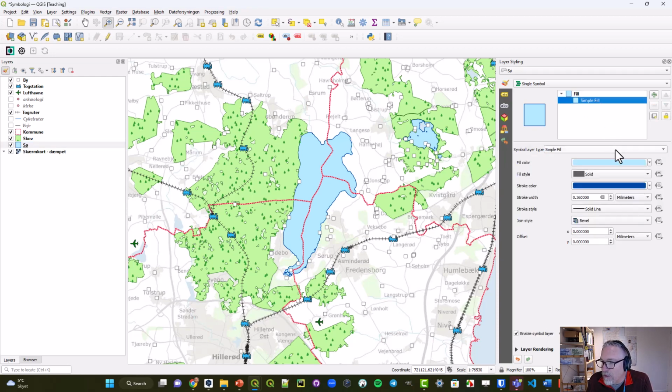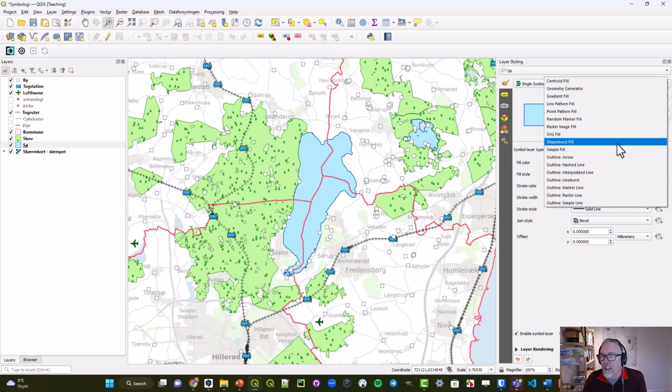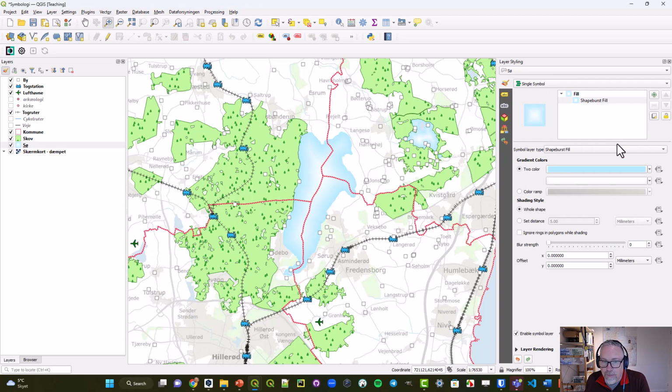With polygons, we also have the option to use shape burst fills. So this could allow me to make a nice faded dark blue to light blue in the lakes and make them appear more lake-like, with showing kind of the depth of water. So if I choose shape burst fill, you see the effect starting to take place. I can do this in